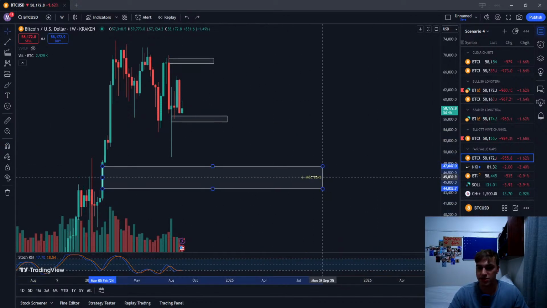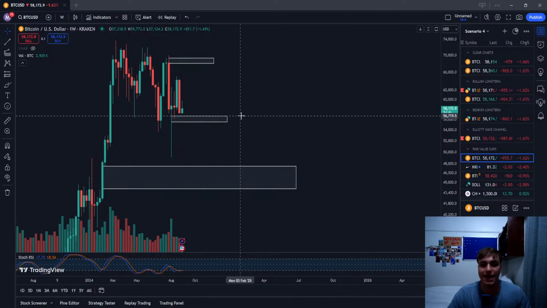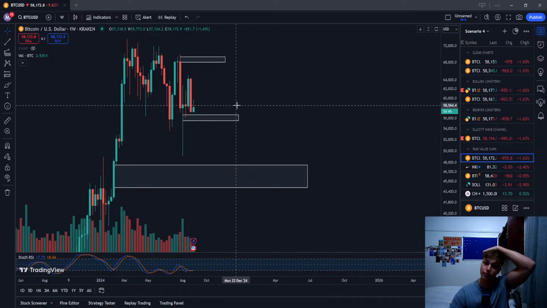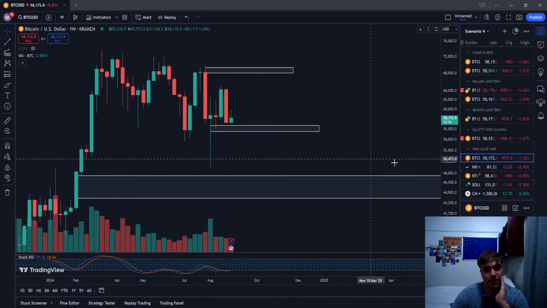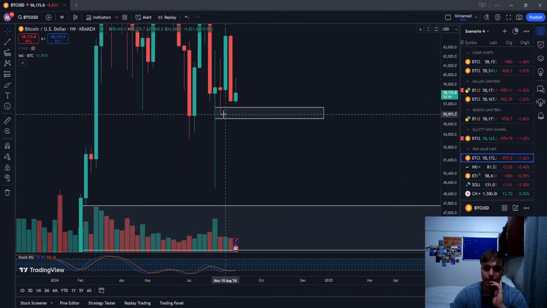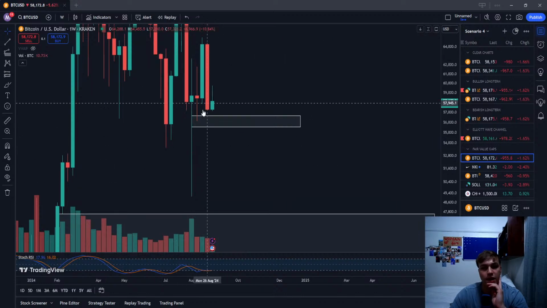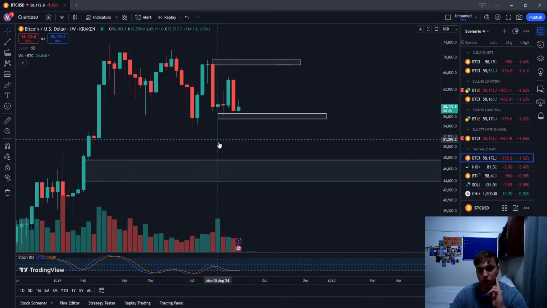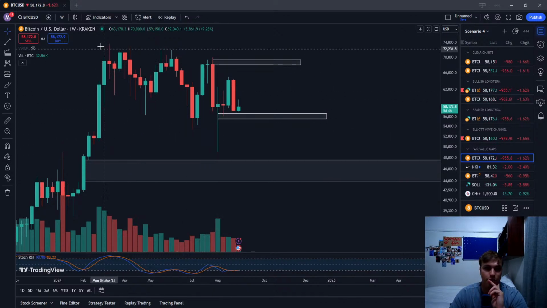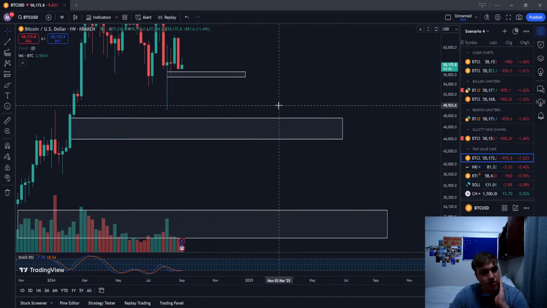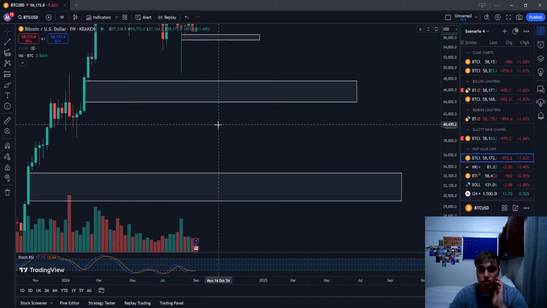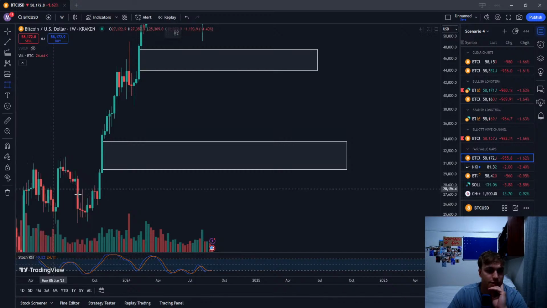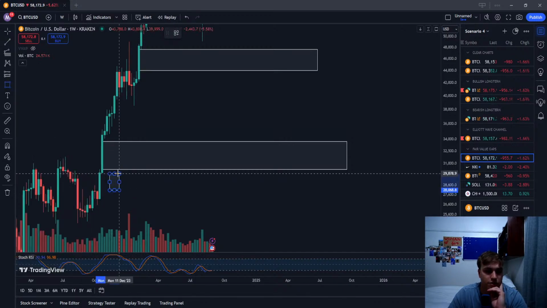Now, when this is touched, the likelihood it acts as support is high. That's what normally happens when we touch fair value gaps on the weekly time frame, especially. Even if you look here, this was a 4-hourly fair value gap. We touched and instantly broke out of that structure to the downside. I mean, large candles down, touching this from the previous and using it as support. This is actually the 2 fair value gaps on the weekly time frame that I'm eyeing. There's another one over here, but these 2 are very, very close.